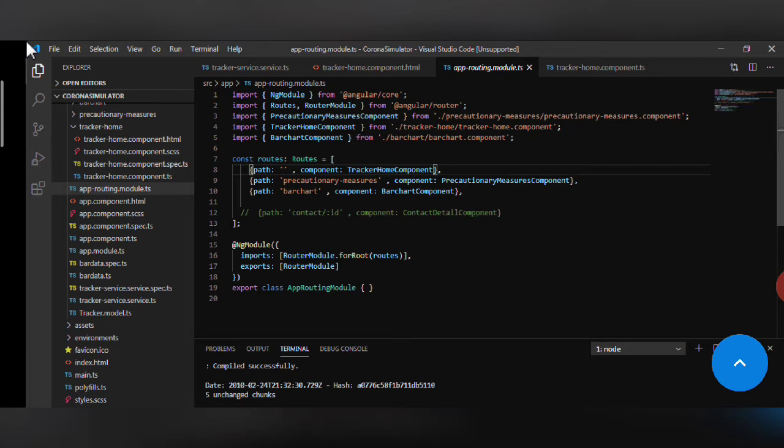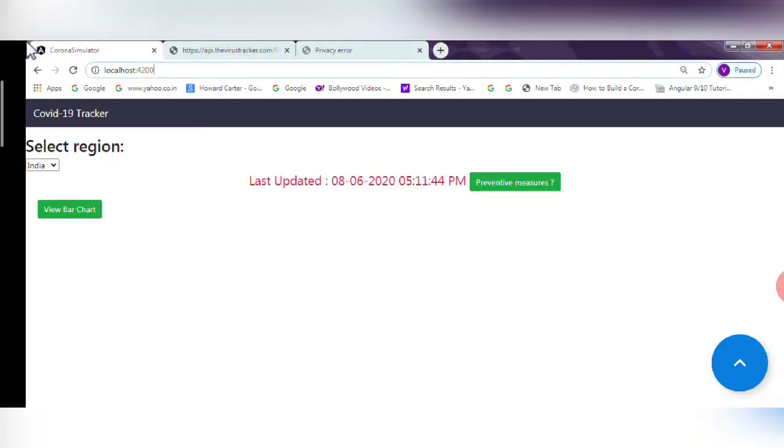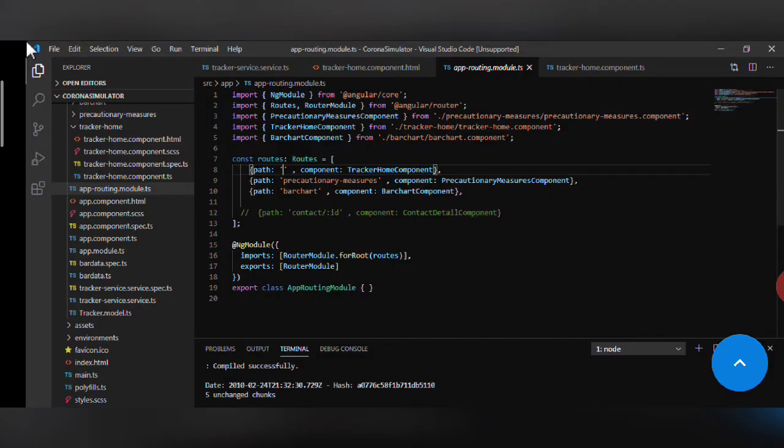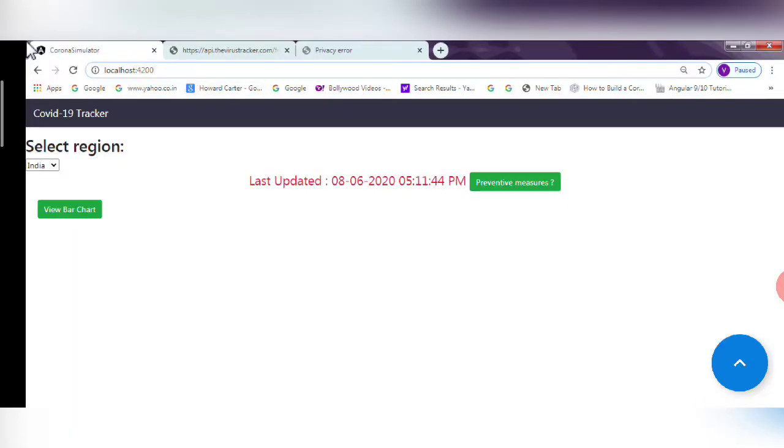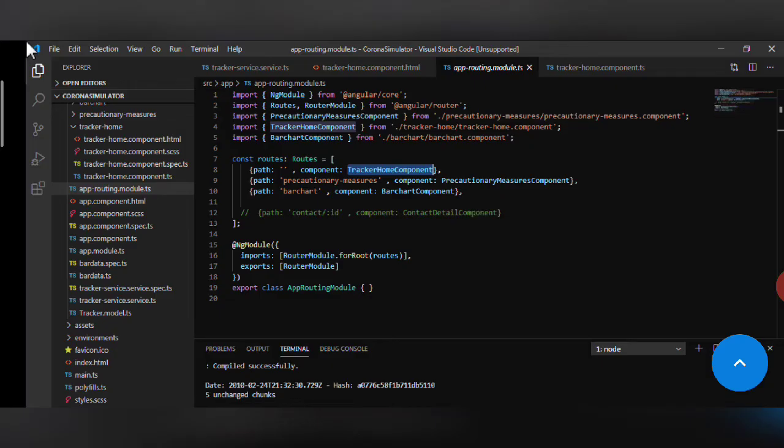What Angular does when it checks that there is no path after localhost 4200 is call the component against it. As we are using tracker home as our main part, when the URL is without a slash, it will call this tracker home component.